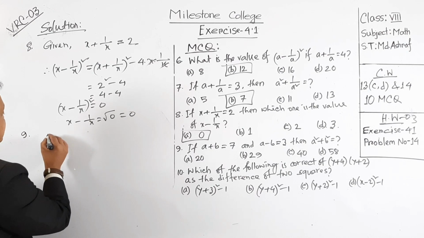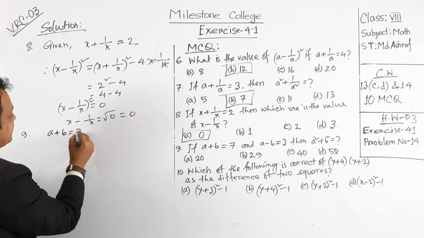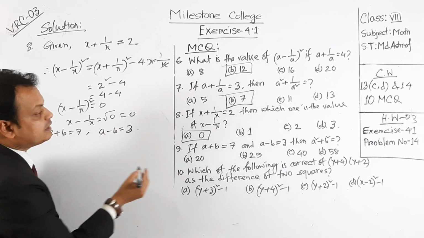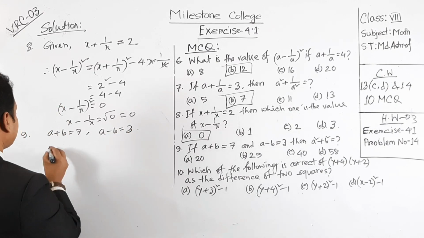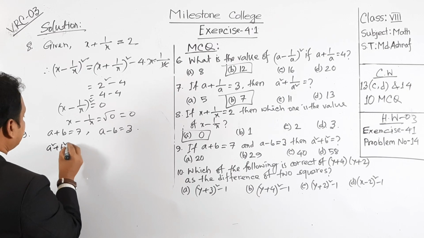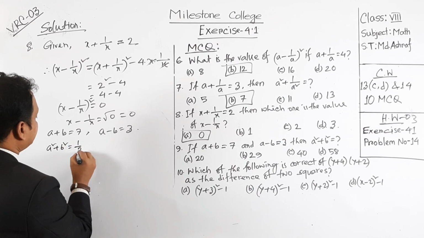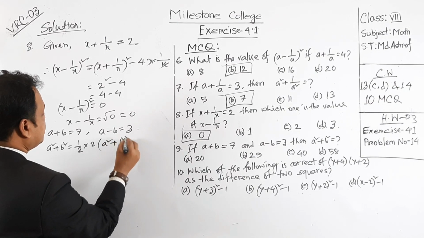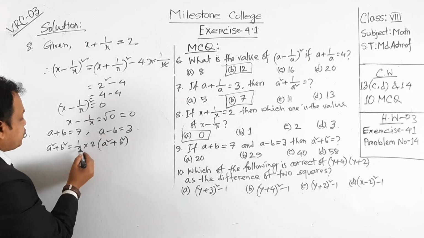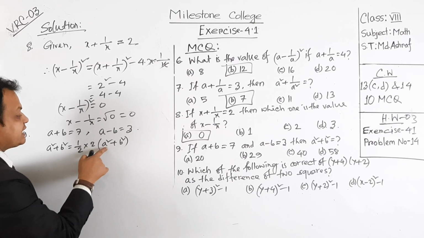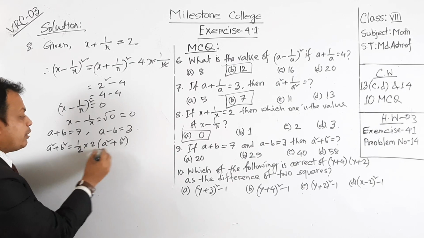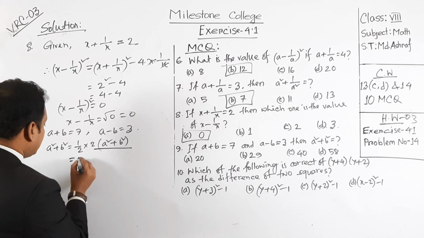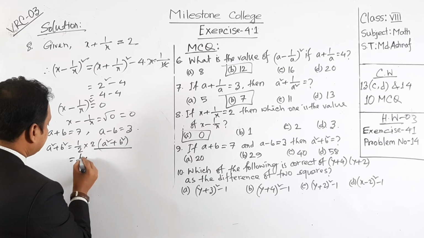So what is given here? A plus b equals 7 and a minus b equals 3. Okay, this is the given part. Now we have to find a square plus b square. So a square plus b square equals, can we write half into 2 into a square plus b square? So look at here. These 2 and 2 will be eliminated, so we get a square plus b square. So we know the corollary of this part, 2 into a square plus b square. So half will remain here, multiply.